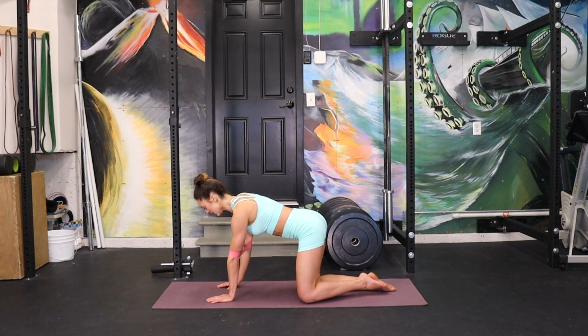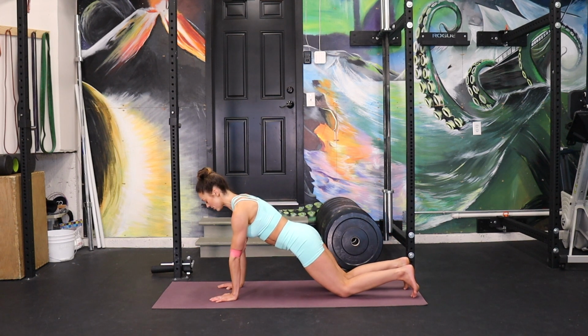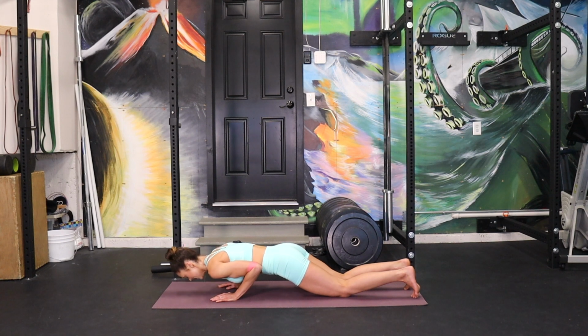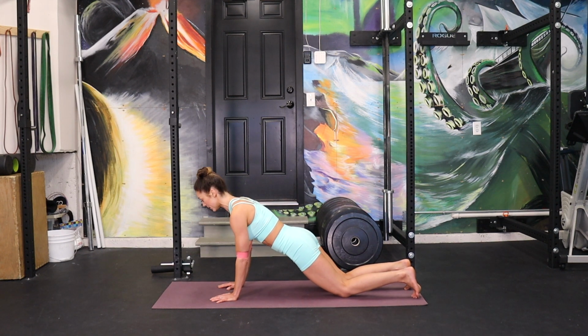So let's try it. Tops of the knees. You can always have your toes tucked on the bottom if that feels better. Down for 2. Down. 2. Up. 2. So it's kind of a different feeling. You have to push your elbows a little bit